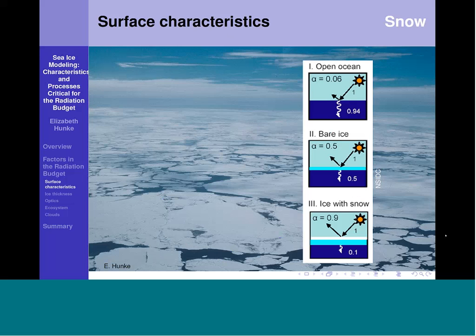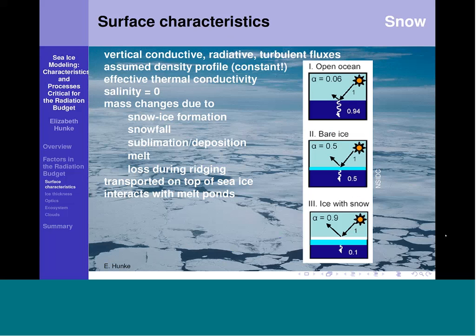So the location of the ice, its area and its extent, is the single most important factor for describing the radiation budget in the sea ice model. The amount of snow on top of that ice is also critical because snow is highly reflective. And we do model the thermodynamic effects of snow, again using a vertical description of conduction through the snow that depends on the fluxes at the surface and at the snow-ice interface.